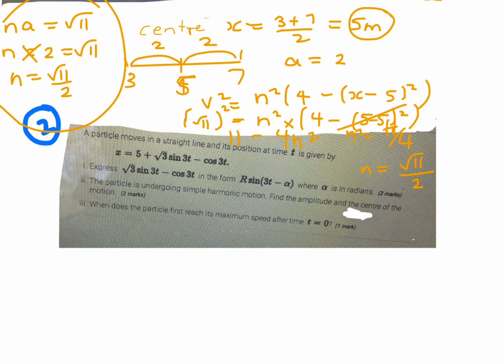Okay, let's look at the next one. 5 plus root 11 sine 3 2 minus cos